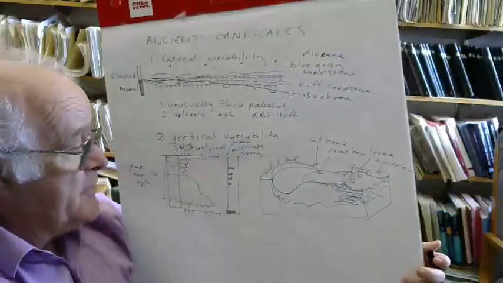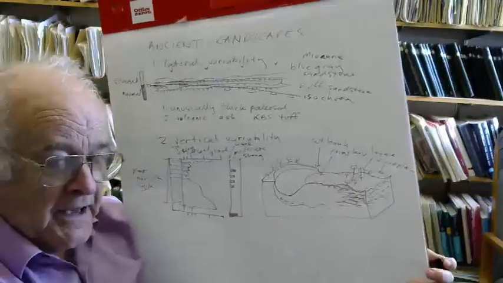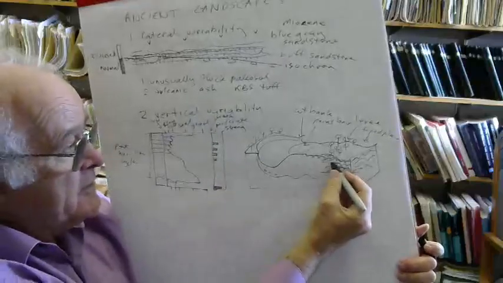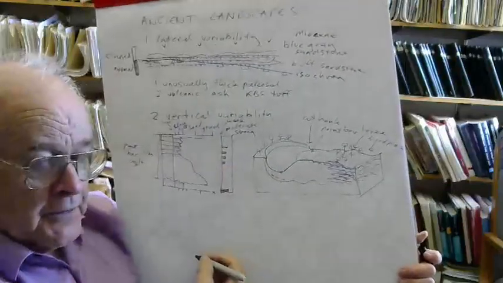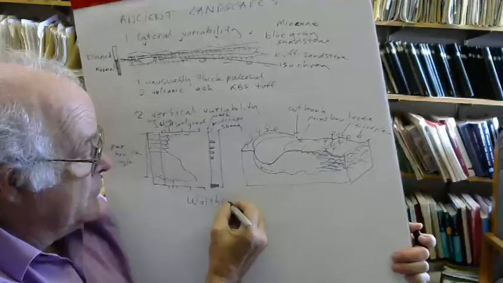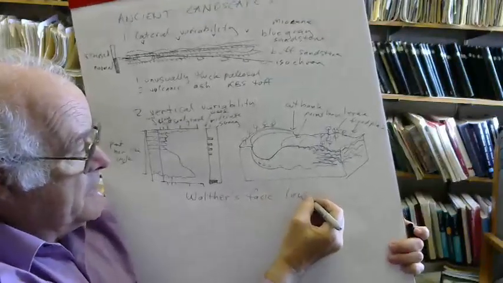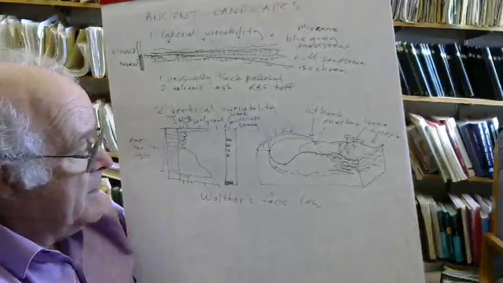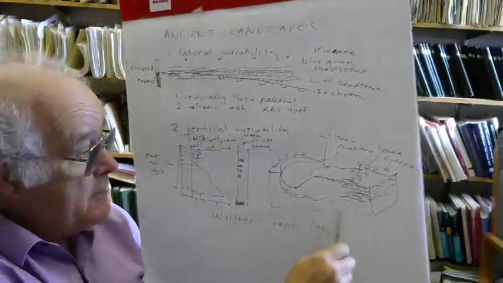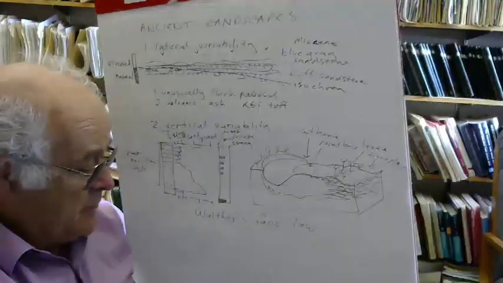With a vertical sequence like this, you can envisage this kind of a lateral variability. This whole idea of reconstructing a lateral distribution of environments from a vertical distribution of sediments is called Walther's facies law. Johannes Walther was a Swiss mountaineer who noticed that in Jurassic rocks of the Swiss Alps, the Jurassic rocks changed laterally, like you change from a channel deposit through to a